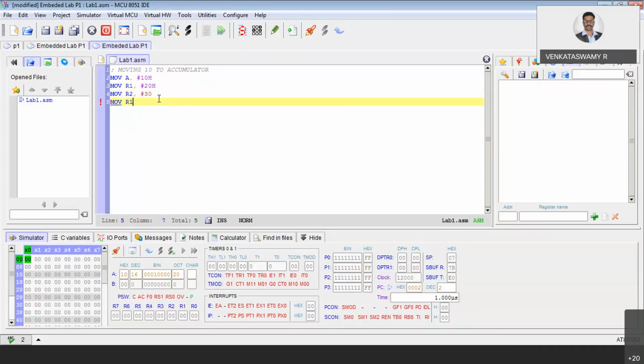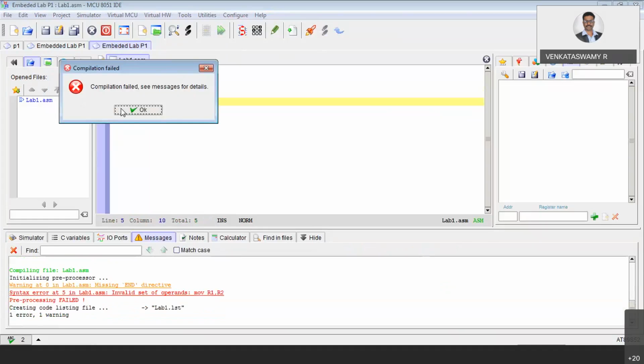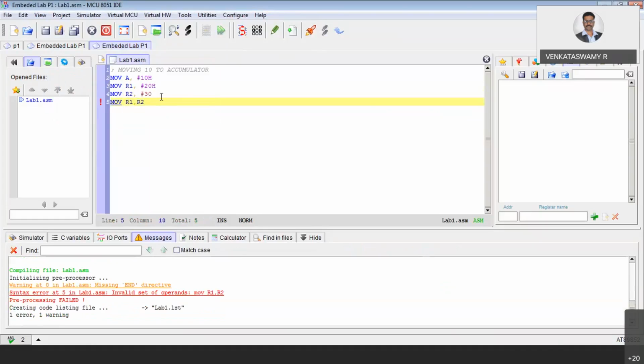So R1 to R2. So you are moving R2 content to R1. Yeah, now there is an error. When you see this red mark on the left-hand side, that means that instruction does not exist. So now you see there is a problem. How do you address this particular problem? Move R1 comma R2 is not working. How do you solve this?